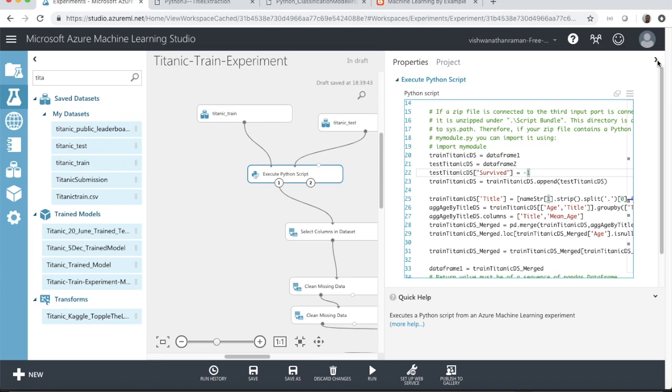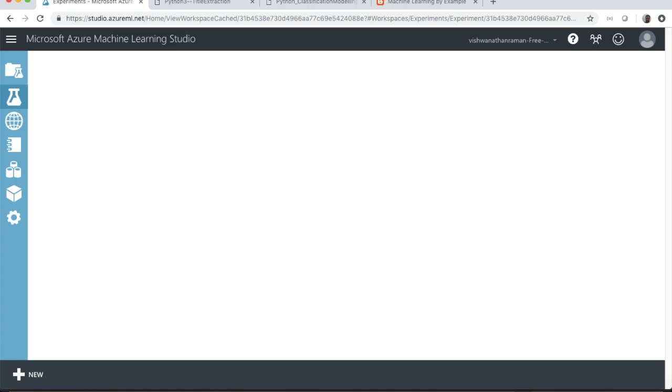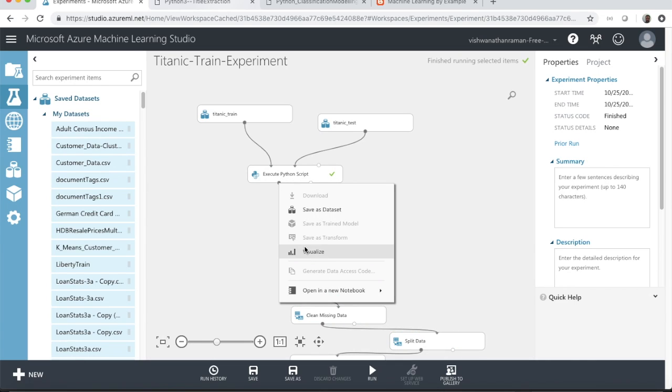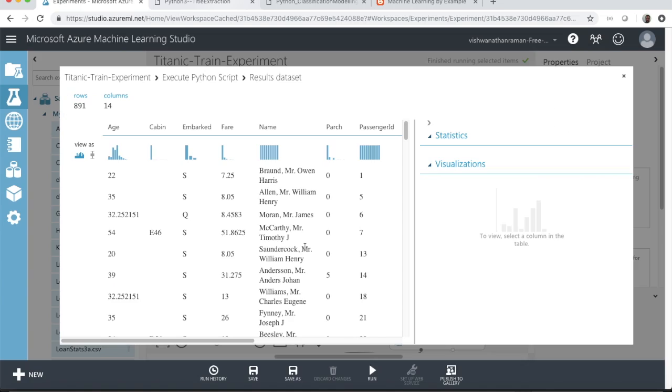Now I think we are done with the script, okay, and let's execute this particular component and let's see if it yields the result that we were expecting it to yield. And there you go. The workflow did execute, this component did execute successfully. And let's just visualize this particular data point to make sure we get only the data set from the training